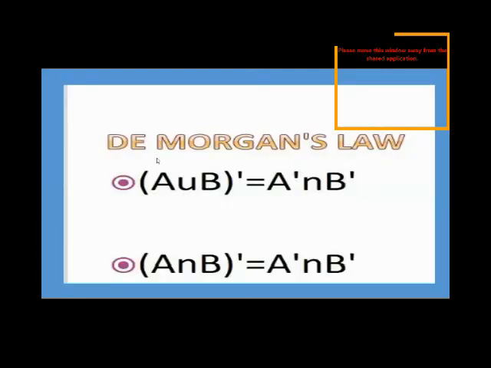For De Morgan law, this is not difficult, but you should know that if A union B is given on the left hand side, on the other side intersection will be given. If the left hand side is enclosed in a bracket, the other side is without bracket. If the whole complement is given on the whole bracket, then on the other side the complement is given on both sets separately. In the second condition, if A delta B is given on the left hand side, on the other side we have A union B. So change that one. That will be A union A complement union B complement.